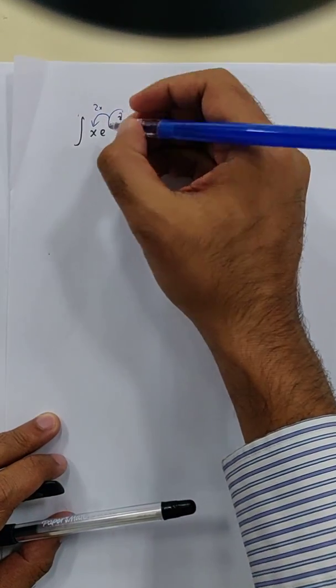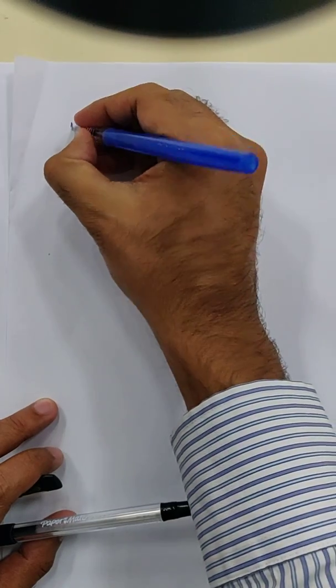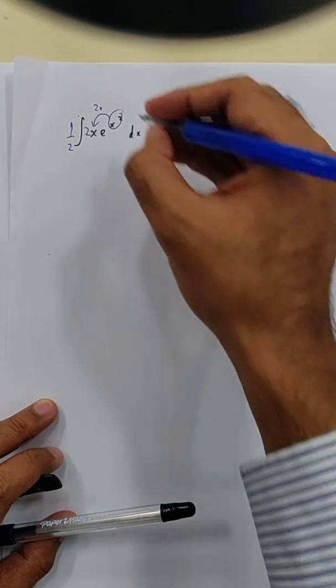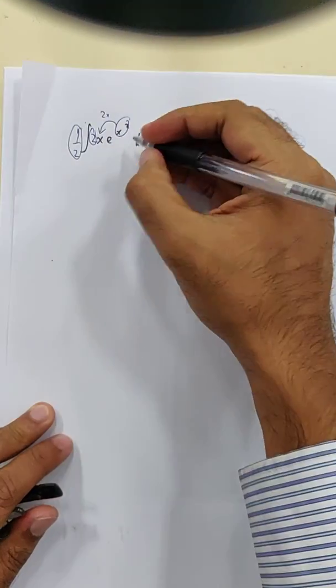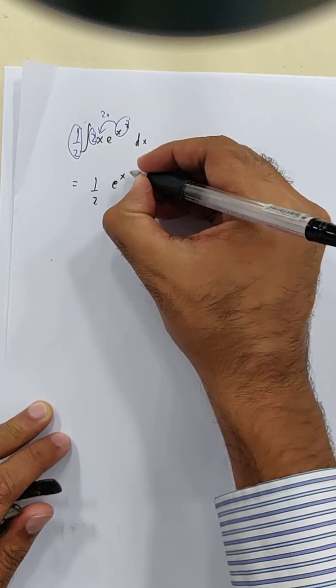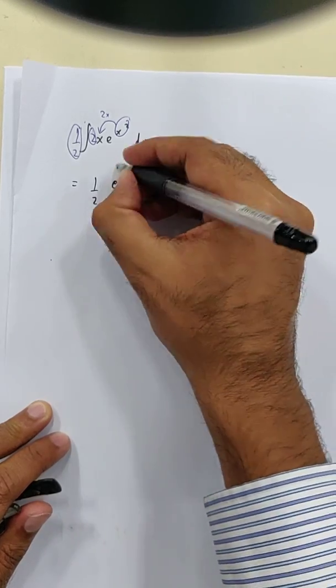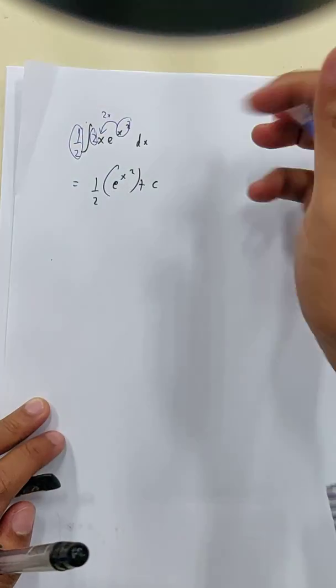We are lacking a 2, so we multiply by 2, but I cannot simply multiply 2 inside. What should I do outside? I need to multiply 1 over 2 outside as well, because these 2 equal to 1. So simply said, I can get my equation, half e to the x squared plus c. Okay, for those who are not confident with this, which is by using this formula,